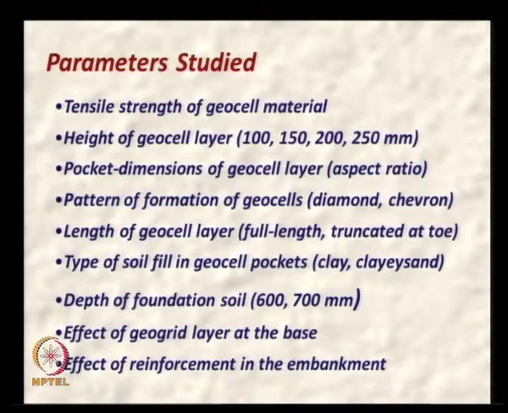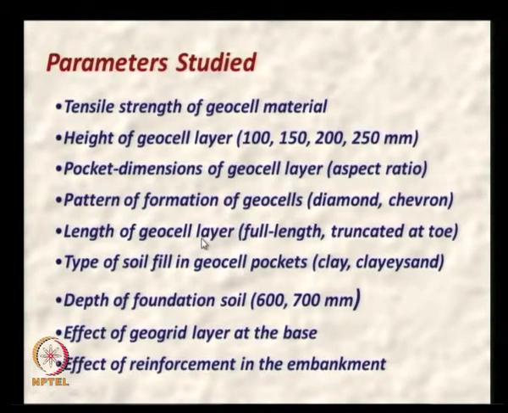A very large number of laboratory tests were performed by varying different parameters. The first parameter that was varied was the tensile strength of the geogrid that was used for fabricating the geocells, and the height of the geocell layers. 4 different heights were considered: 100, 150, 200 and 250, and then the pocket opening size of these geocell layers that we call aspect ratio, and then the pattern of formation of the geocells. There are 2 patterns, one is a diamond pattern and the other is a chevron pattern that we will see through a slide later. And then the length of the geocell layer,